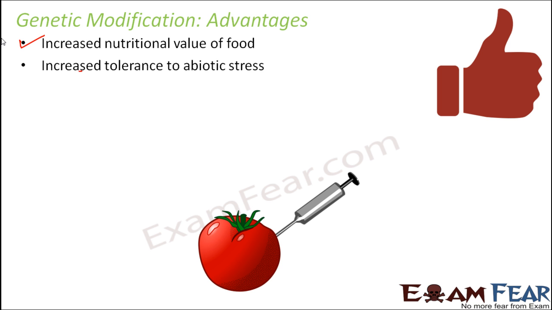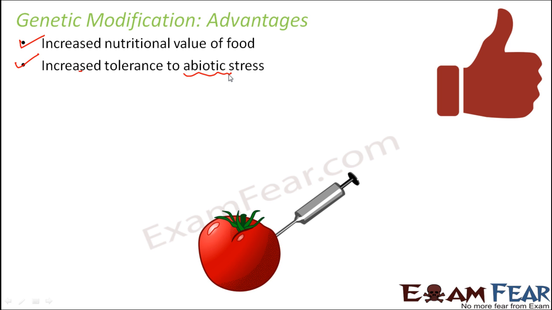Increased tolerance to abiotic stress. Now what is abiotic? Biotic means living, abiotic means non-living. Now there are several non-living factors which affect the life of a plant. For example, temperature, drought, availability of water, salt content in the water, etc. If the weather is too cold or if the weather is too hot, it might be difficult for the plants to adjust. Some plants cannot tolerate extreme heat, some plants cannot tolerate extreme cold. Some plants need highly saline water, whereas other plants do not want saline water. So the abiotic requirements for different plants are different.